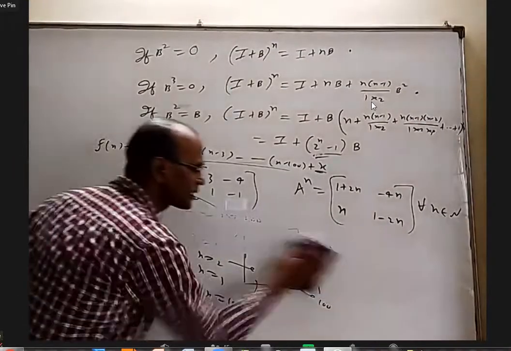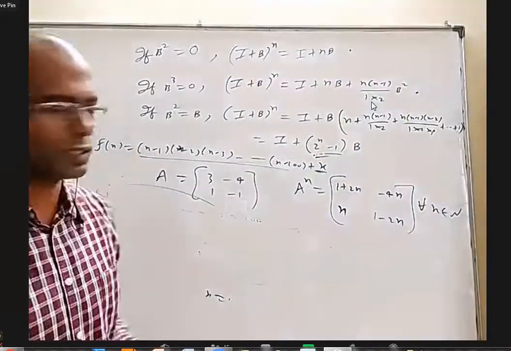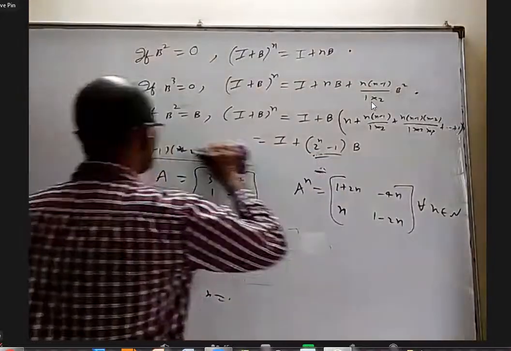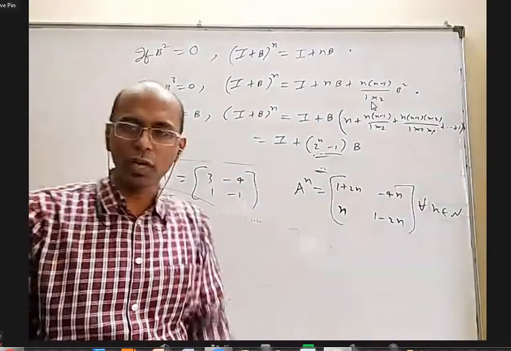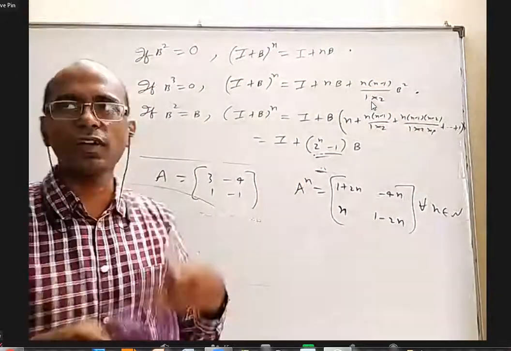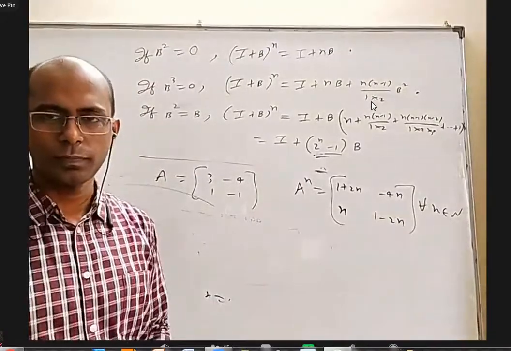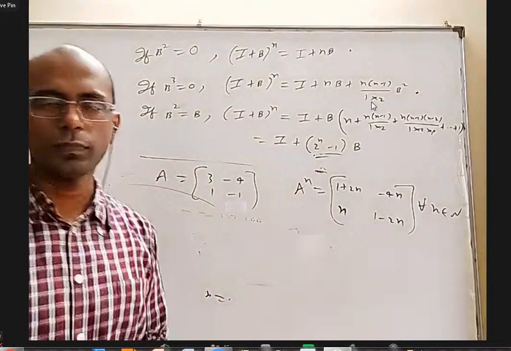Okay, so then one may say, how am I going to prove this for all natural numbers? It will never end. If I prove up to 1 lakh also, one will say, what is the guarantee that for 1 lakh 1 it will come correct? Am I right? Yes, sir.